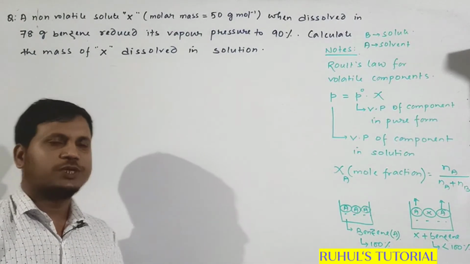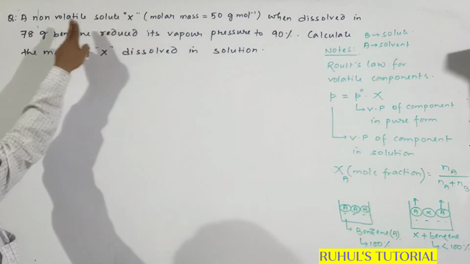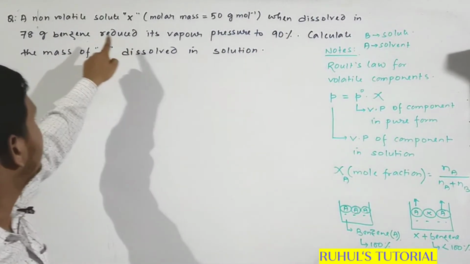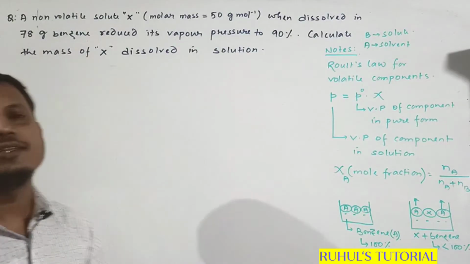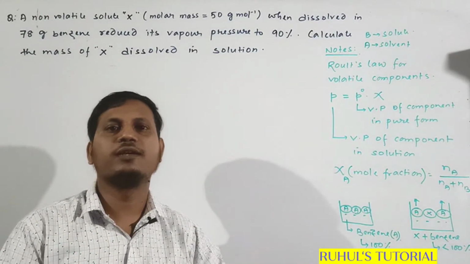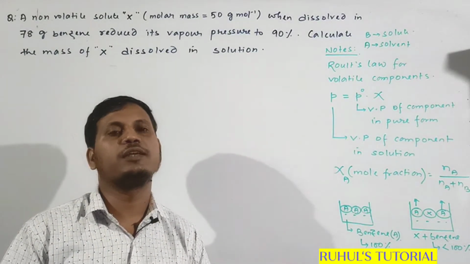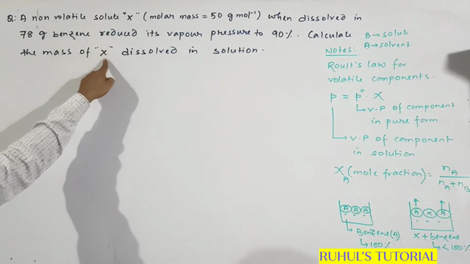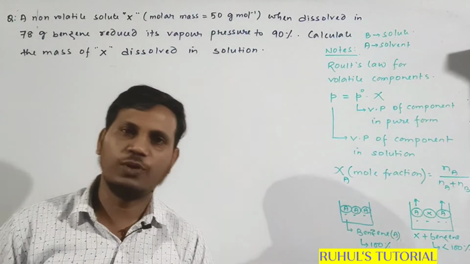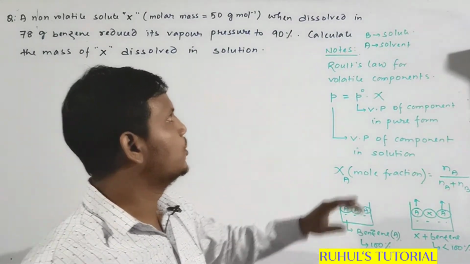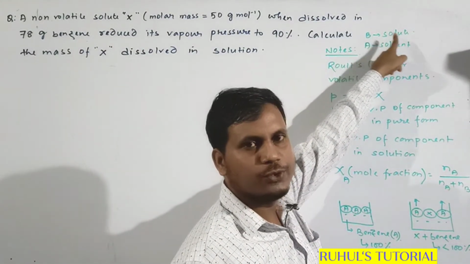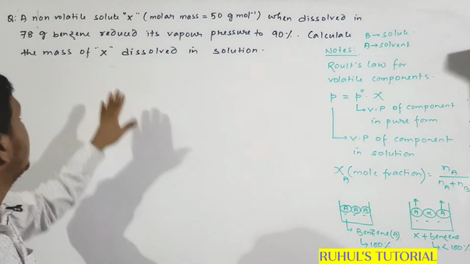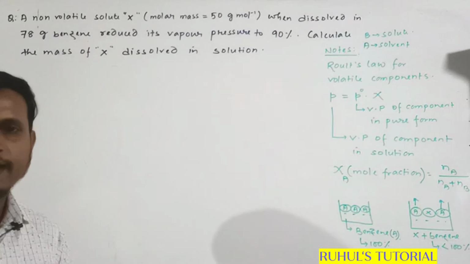In the given question, X, which is a non-volatile solute, is dissolved in benzene, and benzene is a liquid. Liquid means it is volatile, meaning it easily forms vapor. So we have to find the mass of X, the mass of the non-volatile solute. So we will use B for solute and A for solvent, and if in the question volatile or non-volatile is there,